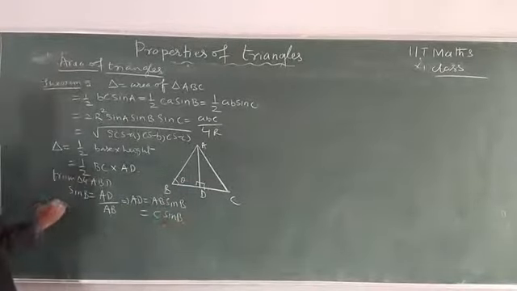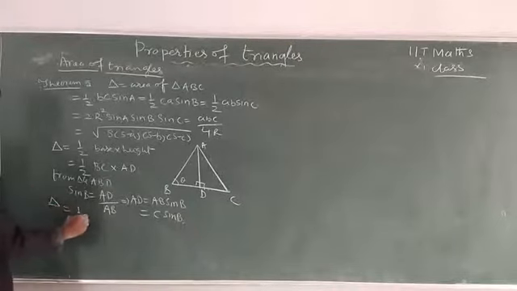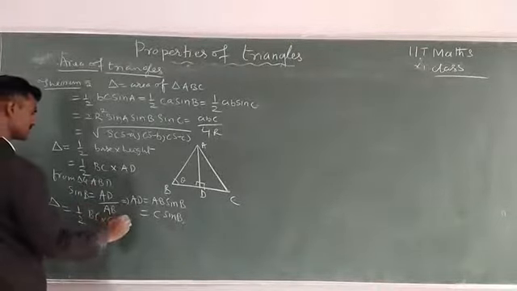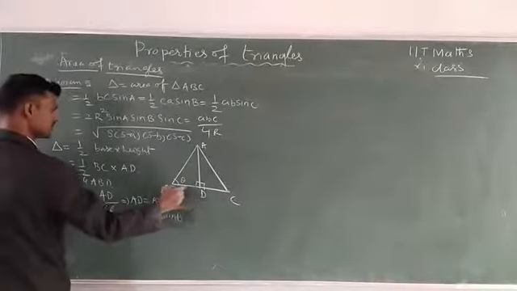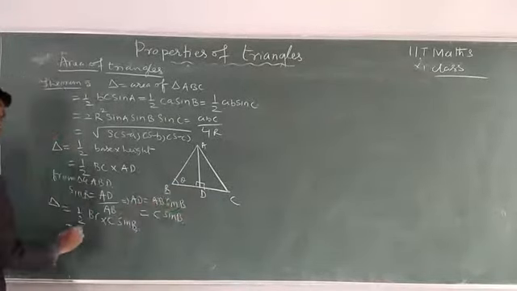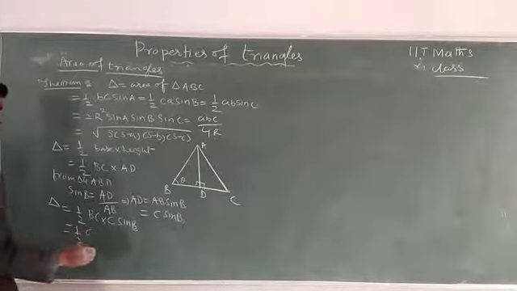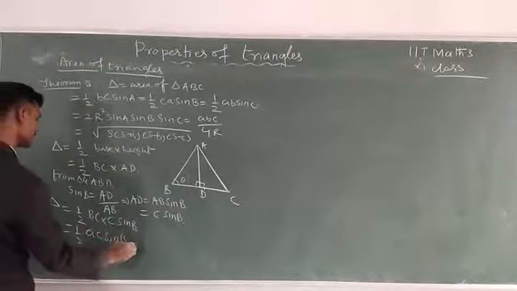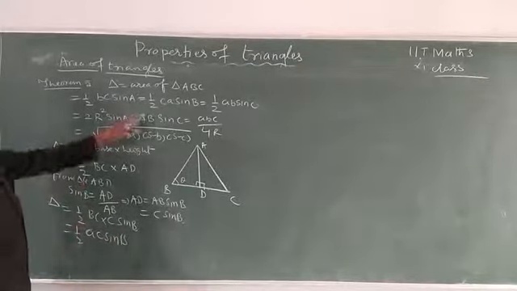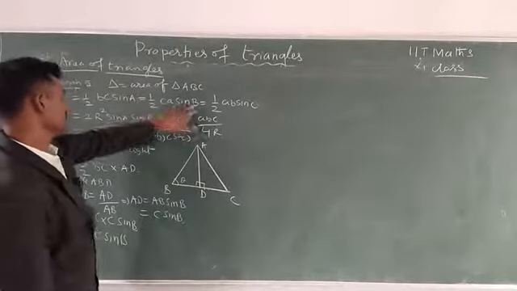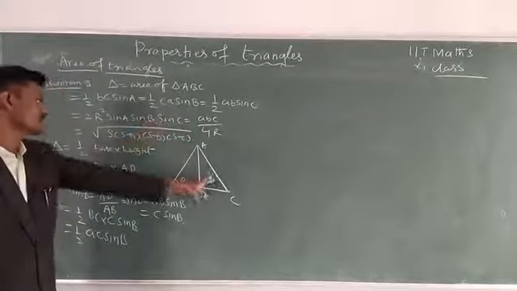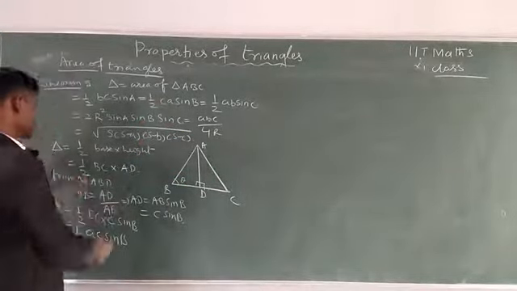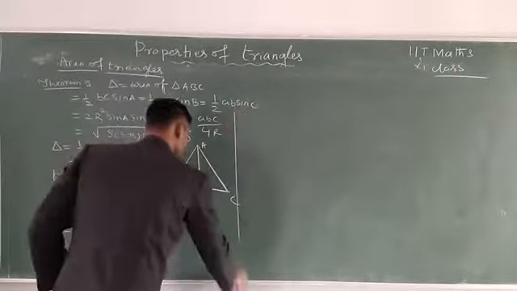Now substitute this here. Delta is equal to half into BC into C sin B. Here BC means what? BC means A. Then this is written as half into, BC means AC into sin B. Here, half into AC or CA into sin B. Similarly, you have to take from this triangle, and you will get one more. Okay, remaining all are the same. Now by using this one, we have to derive.